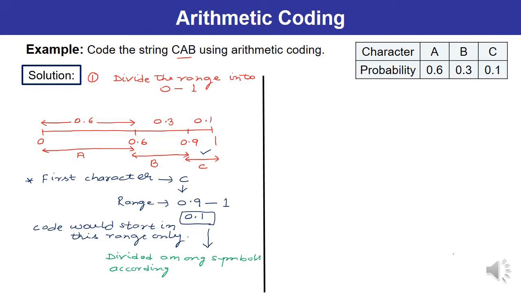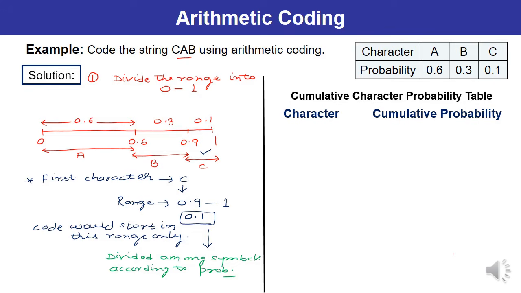According to probability, you have to obtain the new range, and the new range can be obtained by multiplying the probability and 0.1. It means you have to calculate the cumulative probability. How to calculate the cumulative probability? It means there is a requirement to plot a cumulative character probability table.